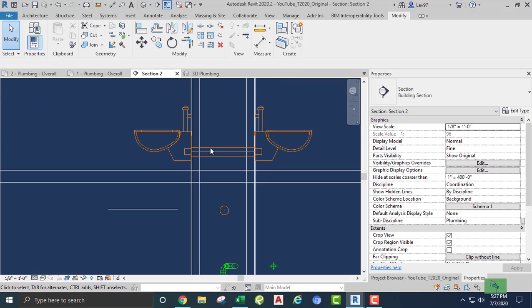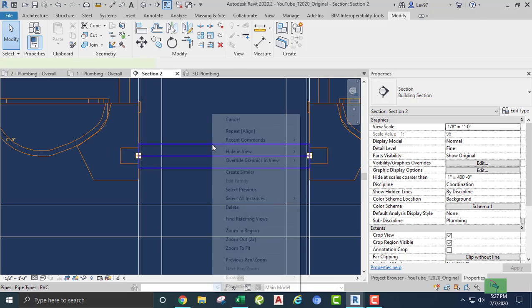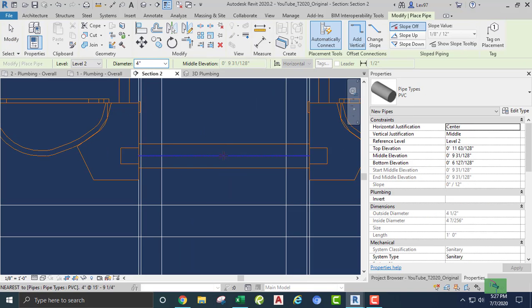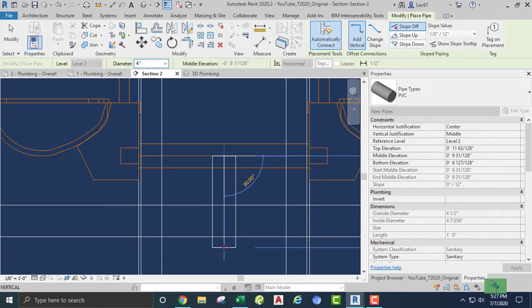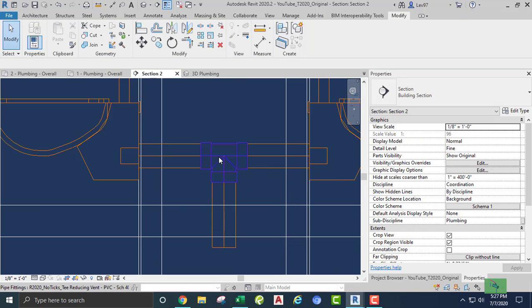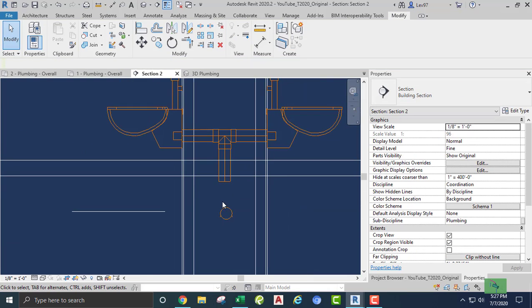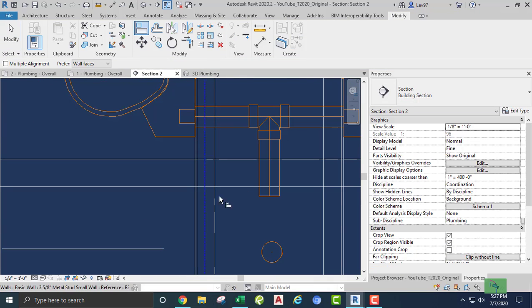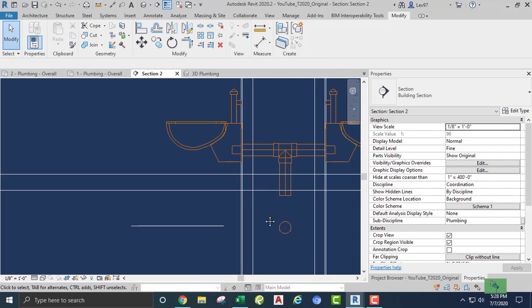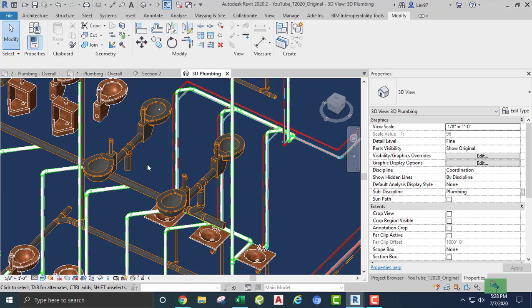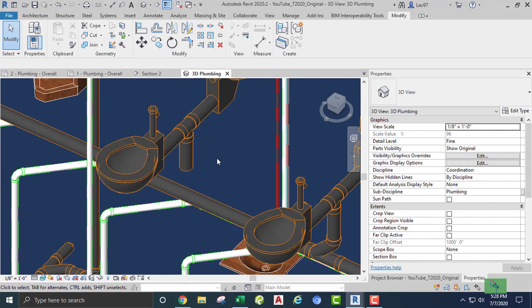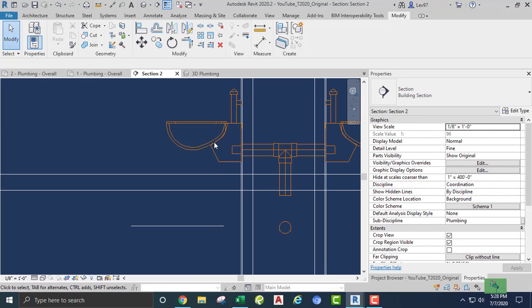Okay, so we go back and you get a similar pipe from the midpoint. We go down, that's our vent reducer, right? Okay, so again, we're going to do the same thing. We are going to align one pipe to the other, and let's go to our 3D view, right? So we go here, and this we didn't do the first time. On the first set,